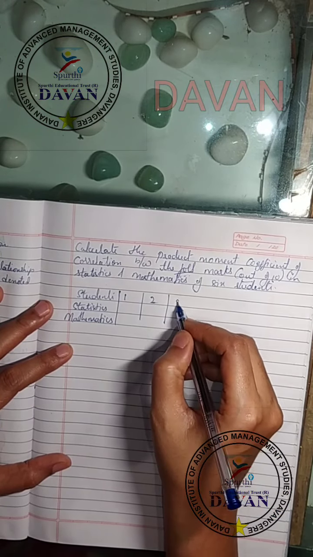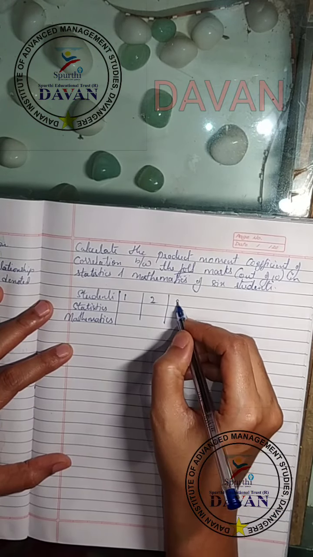The data what they have given you is ungrouped. So if it is an ungrouped data, then you have the formula R is equal to n into summation xy minus summation x into summation y whole divided by square root of n into summation x square minus summation x the whole square into n into summation y square minus summation y the whole square. Now, what is x square, what is y square, all this you are supposed to calculate.